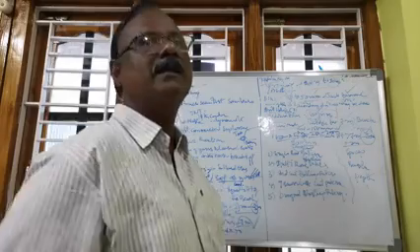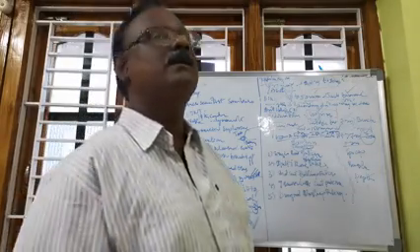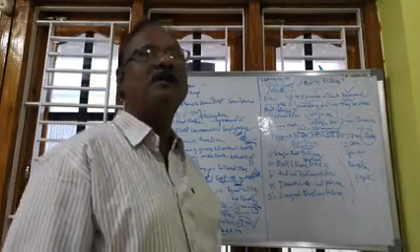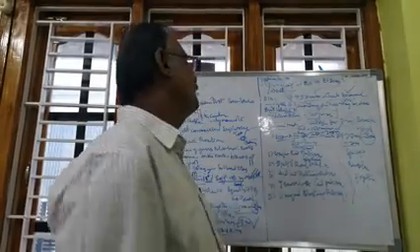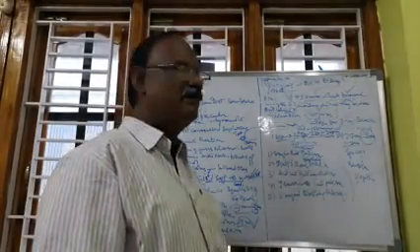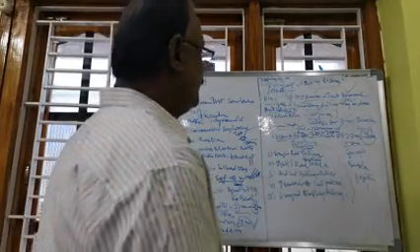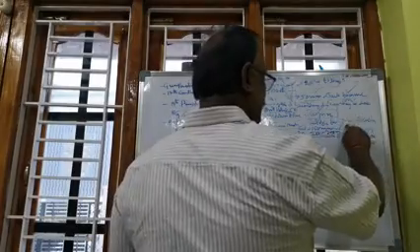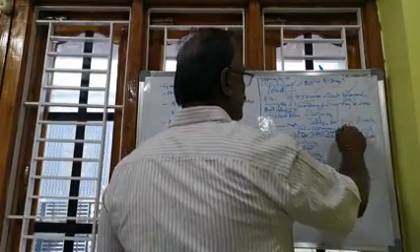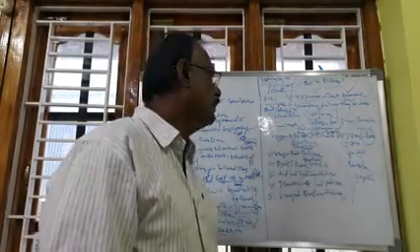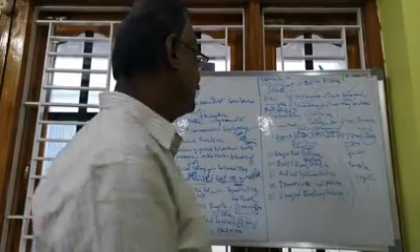So in the conventional mines, the manual mines, the bench height is 1.5 meters to 3 meters. Then the medium mines, the semi-mechanized mines, where the height of the bench is 7 meters, the depth of the drill hole is 7 meters, and the dia of the drill hole is 100 mm. Yeah, that is the second one.